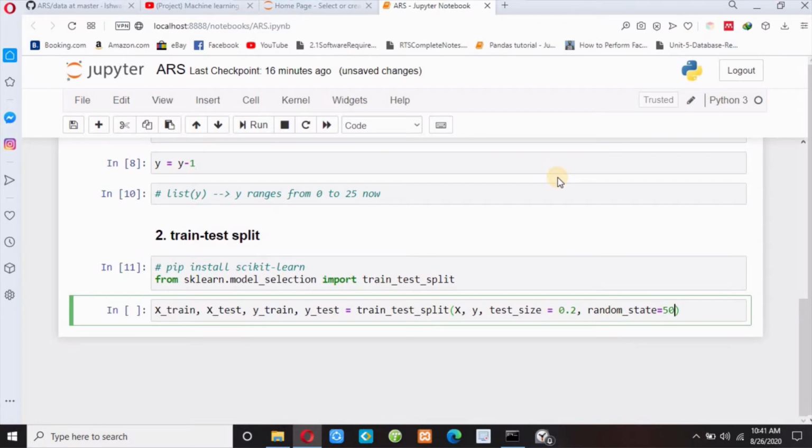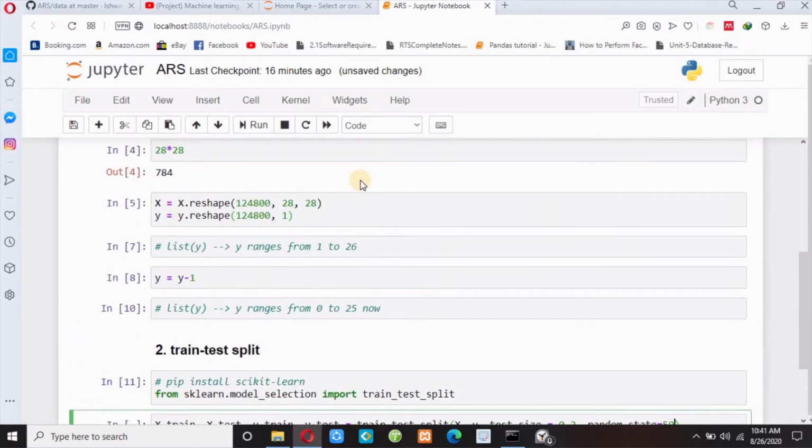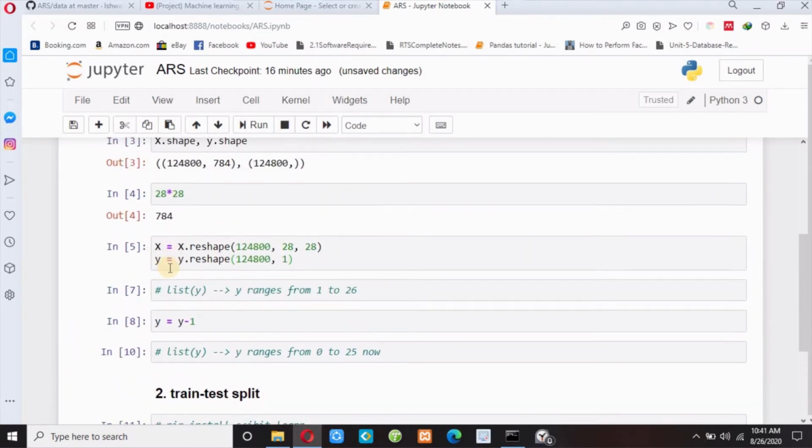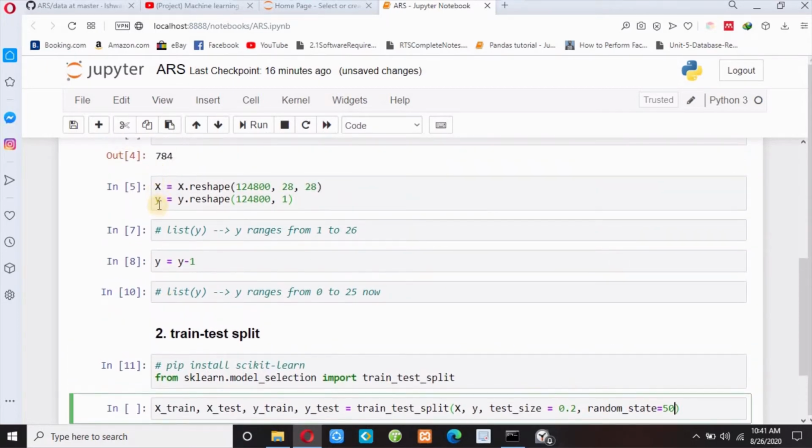So guys, initially we have x and y data and we need to separate this x and y into training and testing part. Train means to train our model and test means to check our accuracy.